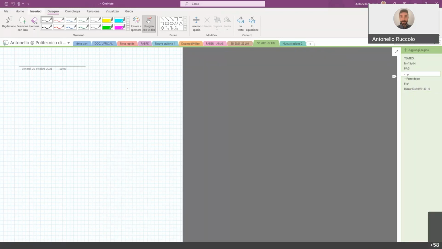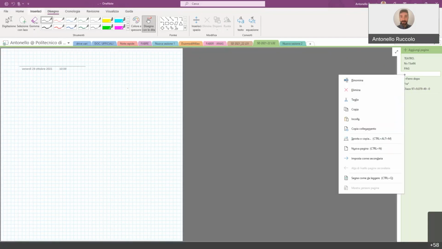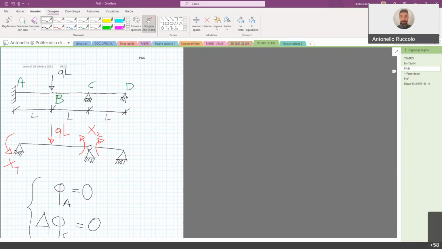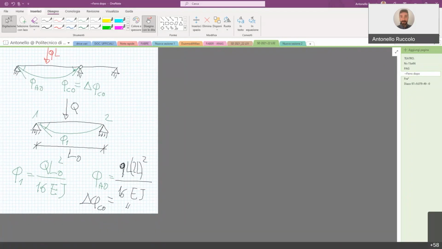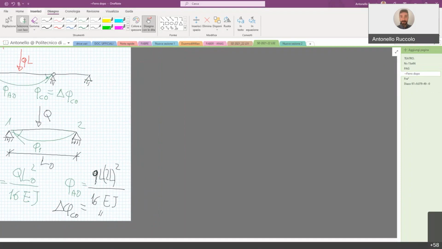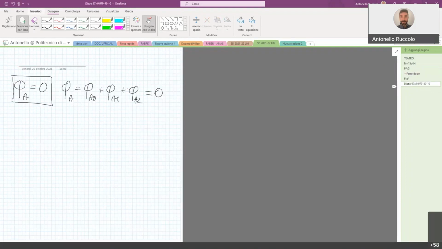So we just go back, we find the first one was Q times 4L, this is a 4, over 16 E iota, which is obviously equal to Q times L over 4 E iota,